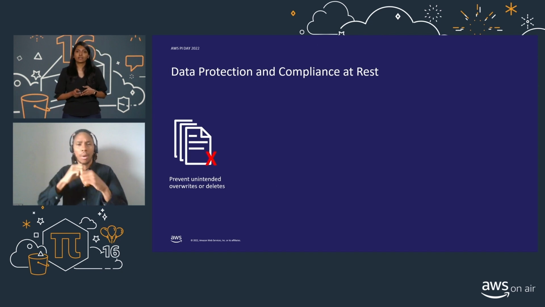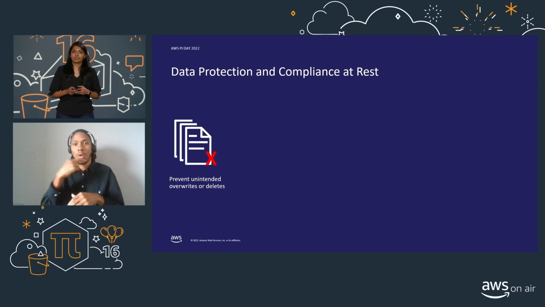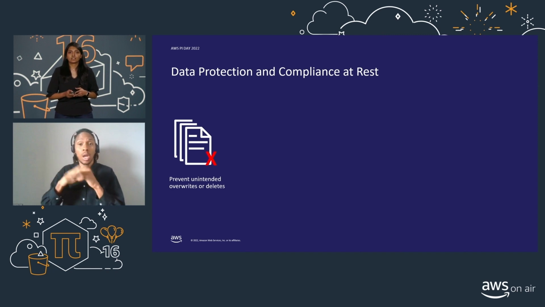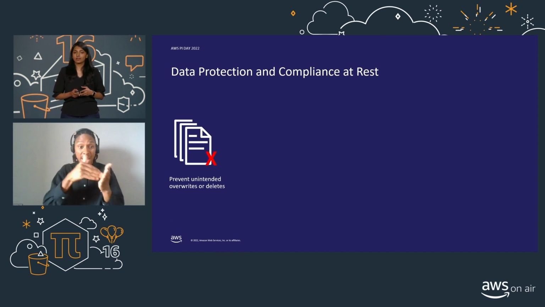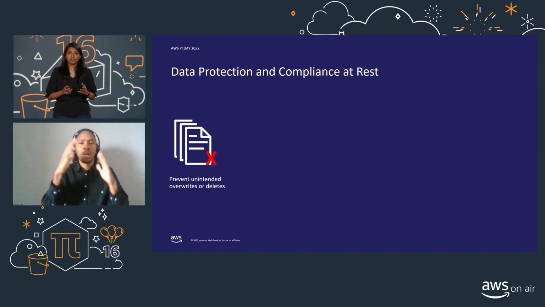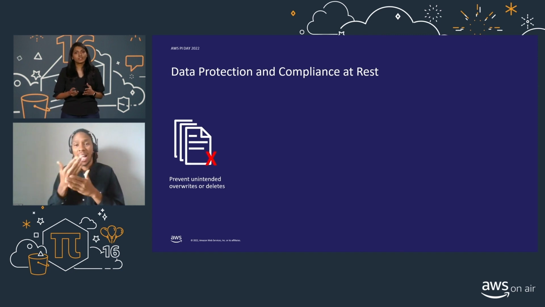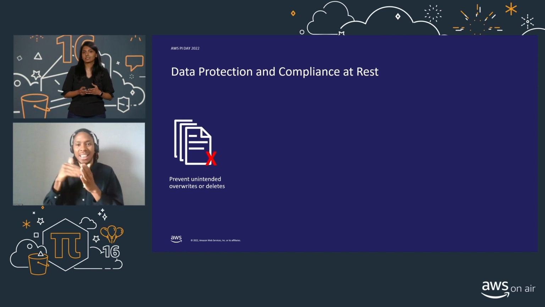When you store your data with S3, every object is redundantly stored with 11 nines of durability. What this means is that for every 10 million objects you store on S3, you can expect the loss of a single object every 10,000 years on average. Now, those are some pretty good odds for retaining your business-critical data.